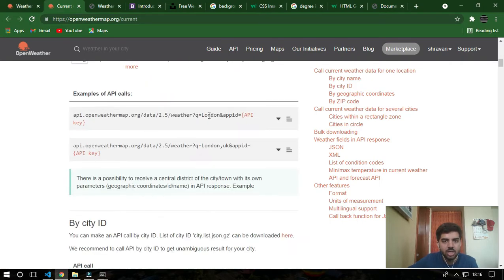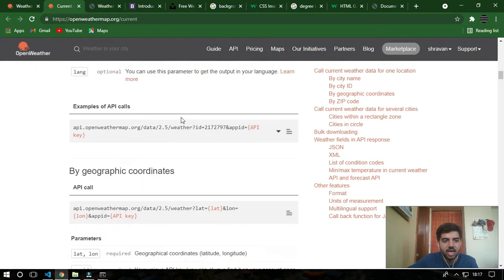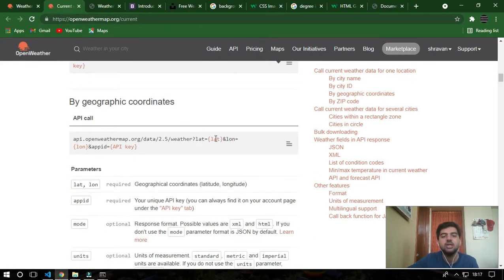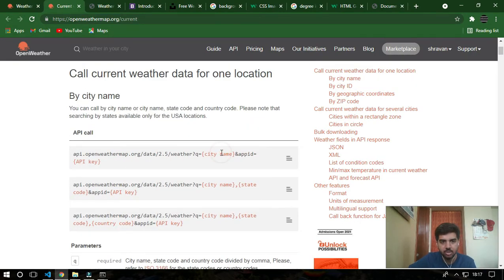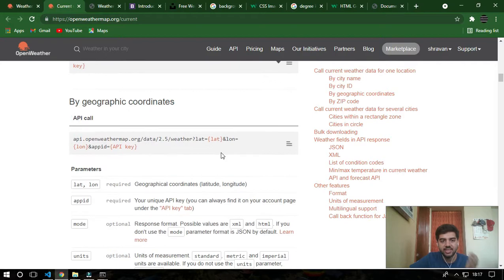I also have latitude and longitude, which I'm using for the case where a person is in a rural place and his location has not been identified, if I use the city name. At that time the latitude and longitude API call will be more specific, I guess.